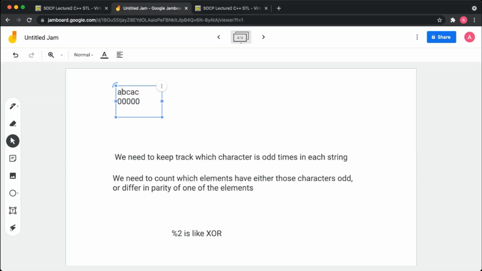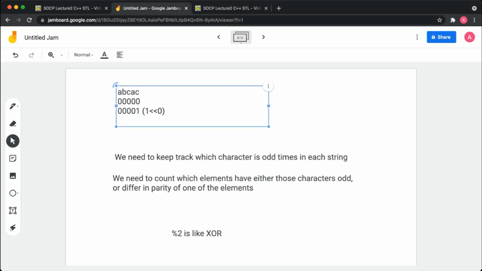Now, when I see the character a, it will be 1 shifted by 0, which is 1 0 0, and I XOR it with 1 0 0.